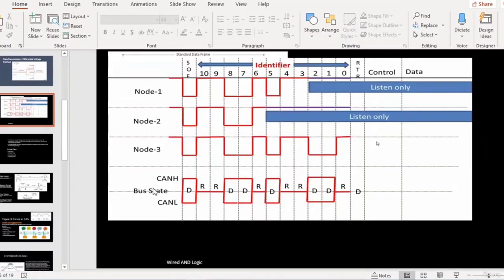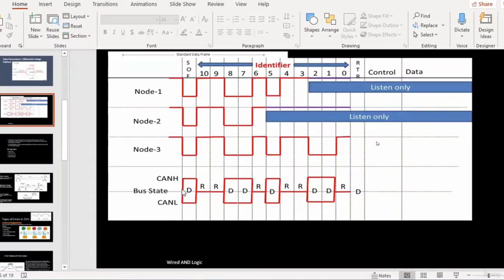And then, as I said, when there are different voltage levels or different data transmitted during the arbitration field onto the CAN line, a wired AND logic is used to hold the voltage level of the bus. So if the nodes are transmitting 0, 0, then the bus will have 0. If the nodes are transmitting 1, 0, then the bus will have 0. And if the nodes are transmitting 1, 1, then the bus will have 1.